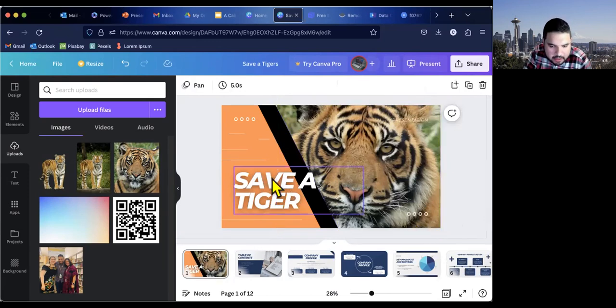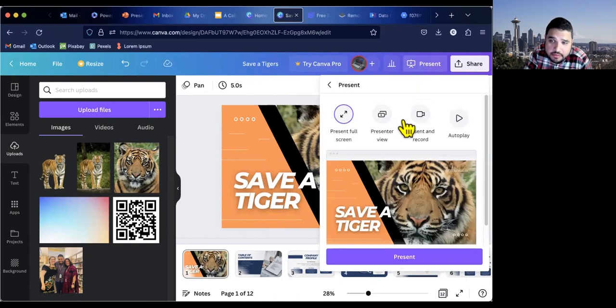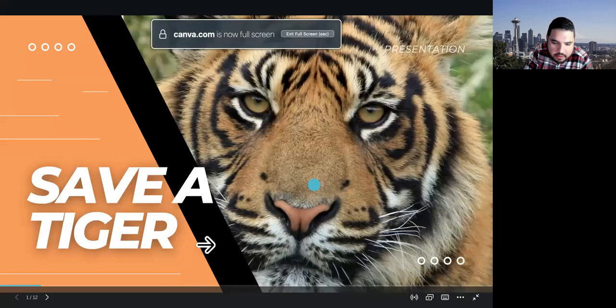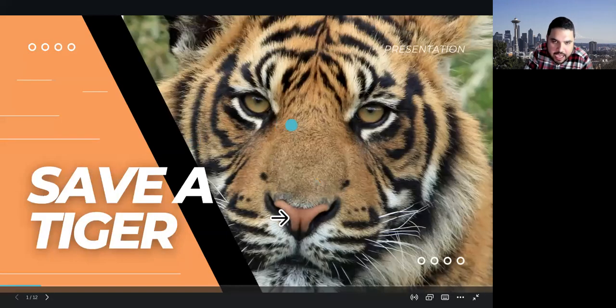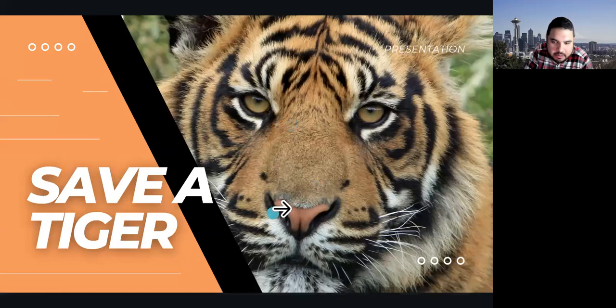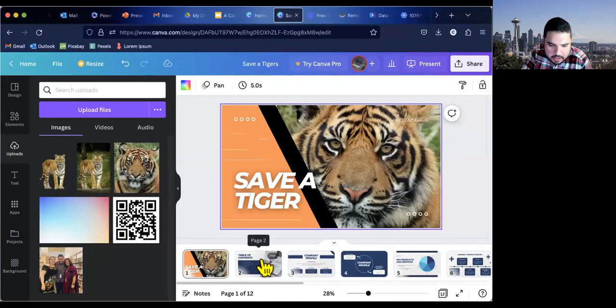My favorite thing about Canva is the presentation aspect of it, which is really neat. So if I do present up here, I could just do the present button, and I get this really cool bluish glow. It really helps my participants track where I'm at and where I'm going. So it's one of my favorite things about what Canva's offering. It's already built into it, so you don't have to change any settings on your computer to achieve that.